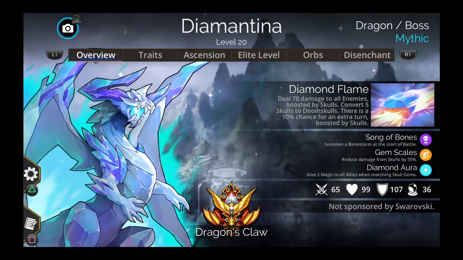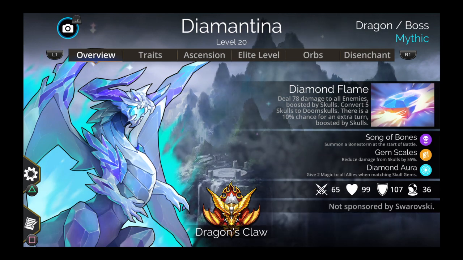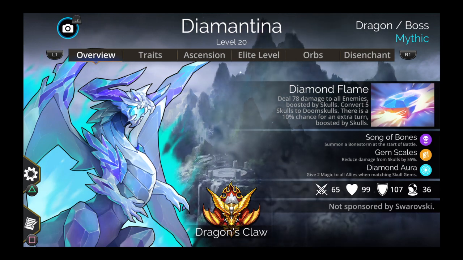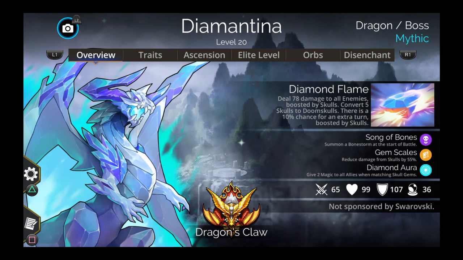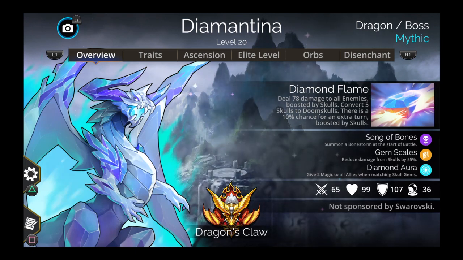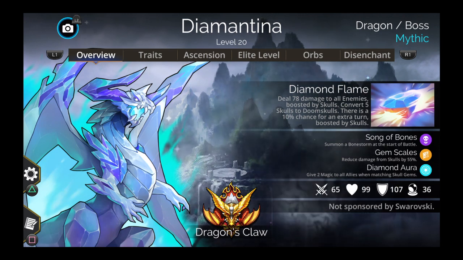Ladies and gentlemen, we finally have a troop that 2-shots E12 fights. I finally got my hands on Diamantina and boy, this troop is strong. By the way, my name is Hazard and we are playing Gems of War. So, we had some brainstorming on the Gems of War Alliance Discord yesterday and I have a bunch of Diamantina